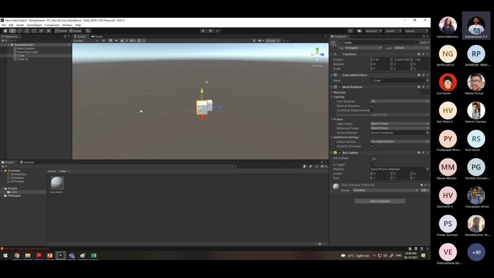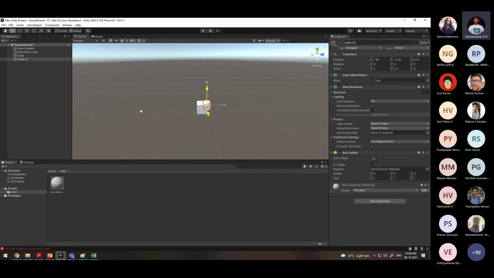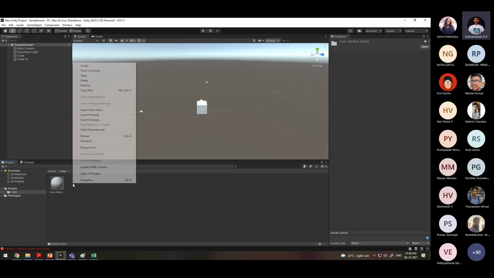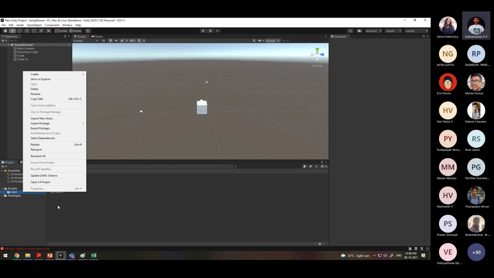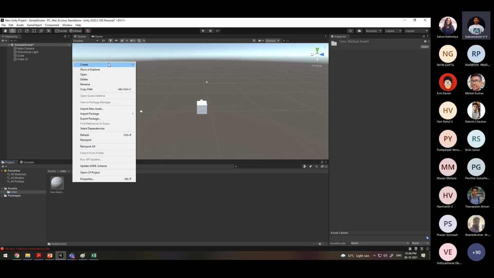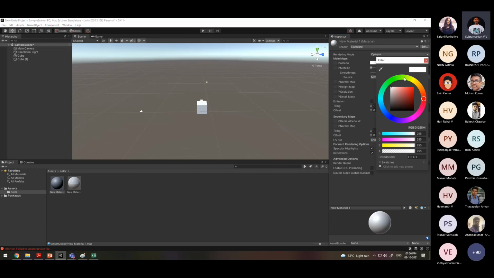Suppose in your game you wanted to have so many objects like this. One more object I have. Let it be this object, I'm making another color. Create with this. Create material. So instead of this color, let me put